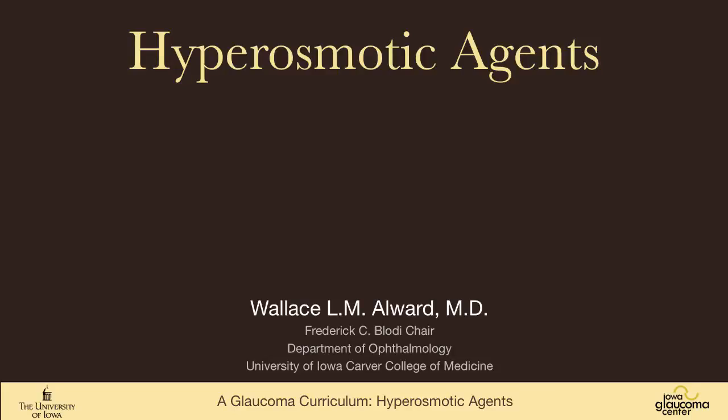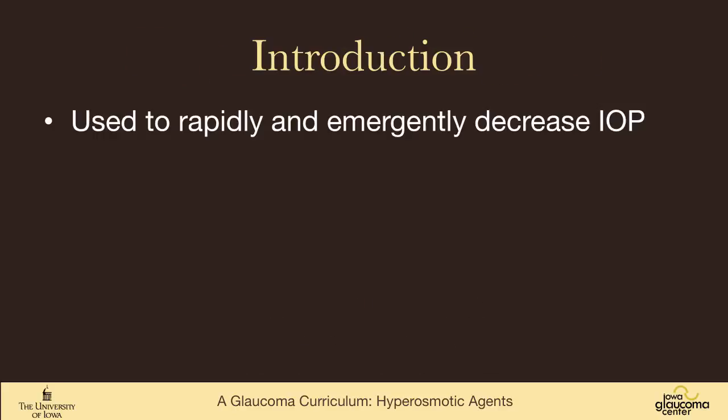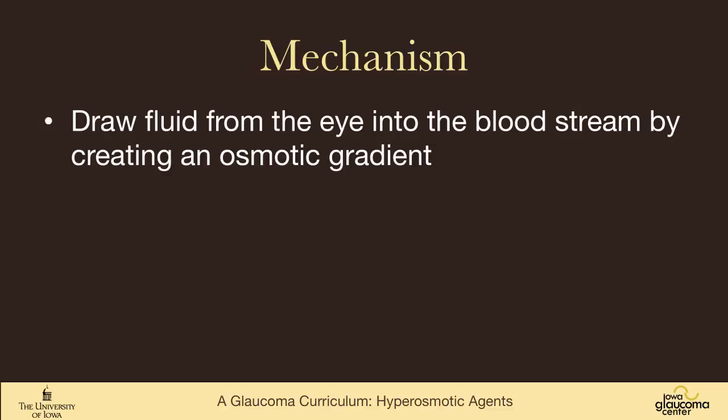Well, a very short talk on hyperosmotic agents, which are medicines that we use systemically to rapidly and emergently decrease intraocular pressure. So we don't have patients walking around on hyperosmotic agents. They're not used chronically. And they work by drawing fluid from the eye into the bloodstream by creating an osmotic